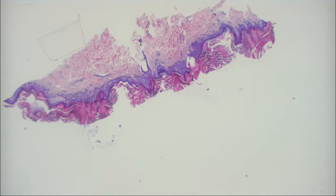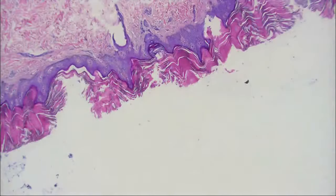So this is confluent and reticulated papillomatosis. It's confluent and reticulated here, you see it, and it's papillomatosis when you look at it under the microscope. So this is CARP, and it looks very similar to acanthosis nigricans. It's in the family of the epidermal reticulated proliferative conditions. There's about four or five of those. You get acanthosis nigricans, Darier disease, Galli-Galli disease. There are several of those diseases that all look the same histologically, and some people think they are sometimes induced by